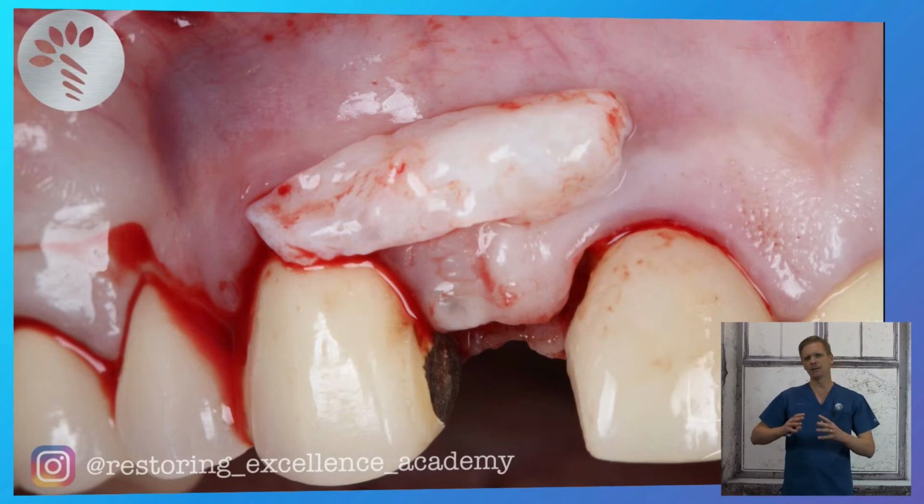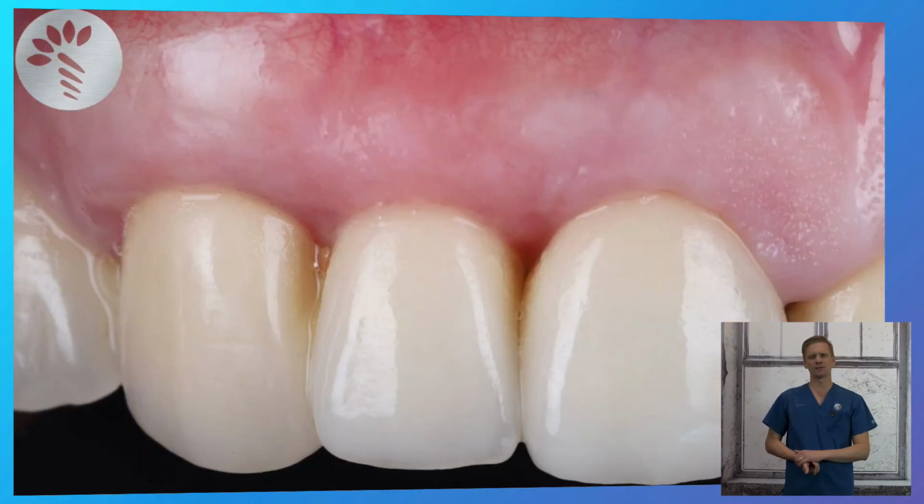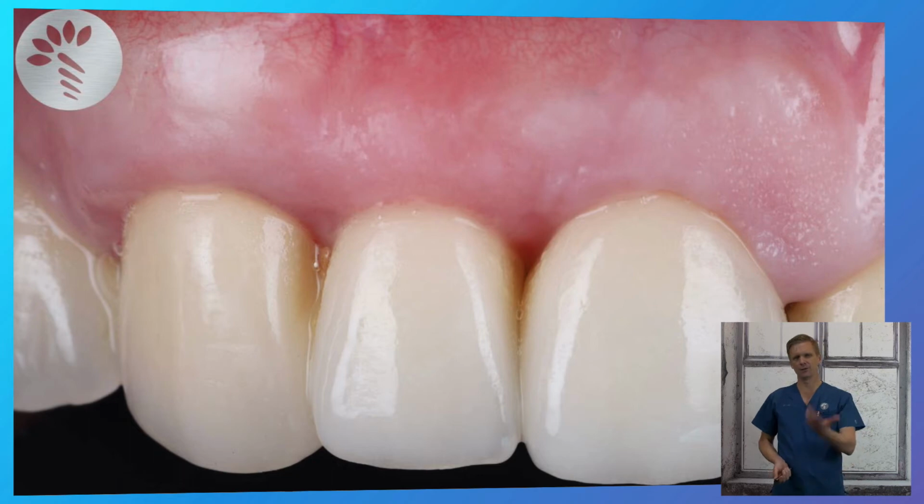And so the things that make it look beautiful are also the things that make it long-lasting and prevent problems like recession. So in this particular case, we've grafted the tissue. In the past, I would have just placed her implant, and she actually asked me, because I did an implant on her left side way back when I first started doing implants, and it was my typical raise a tiny flap, squeeze the implant in, the bone's probably too thin, there's a good chance that it's resolved by now, and all the threads on the buckle of her implants are covered by soft tissue only, and very thin soft tissue,